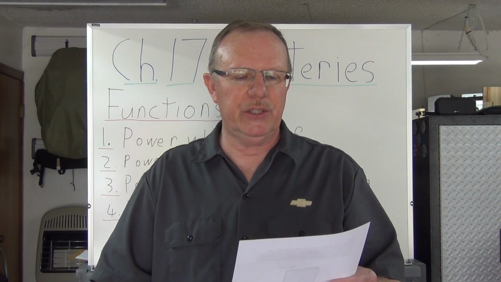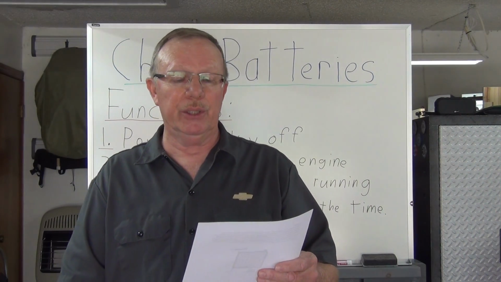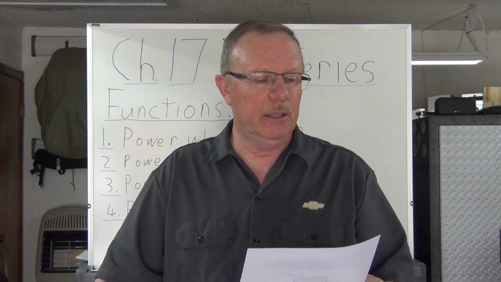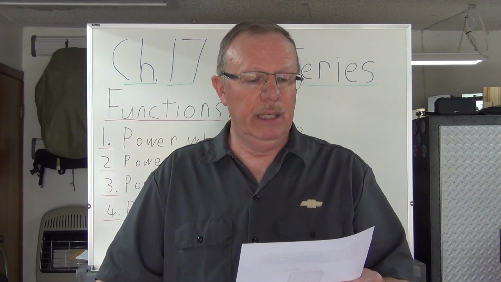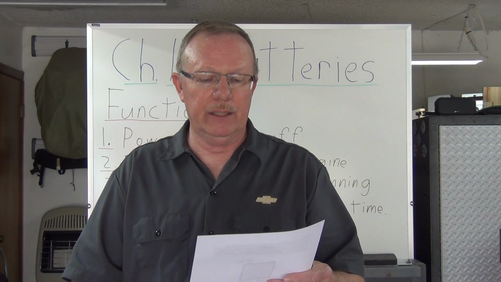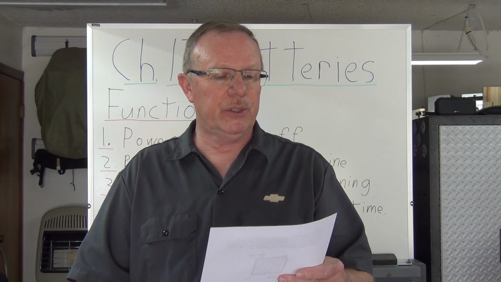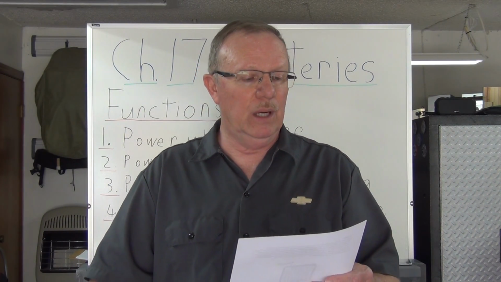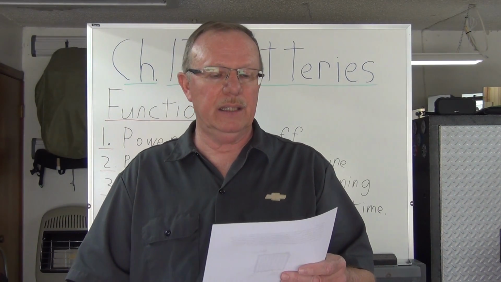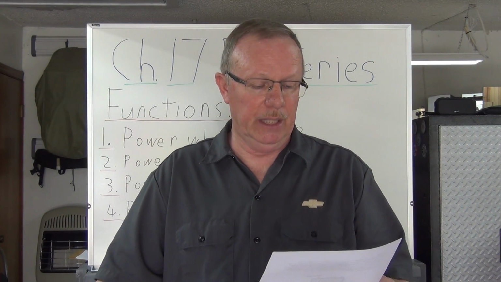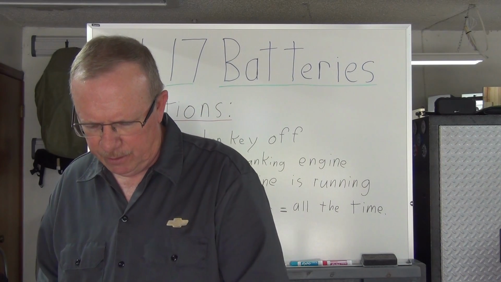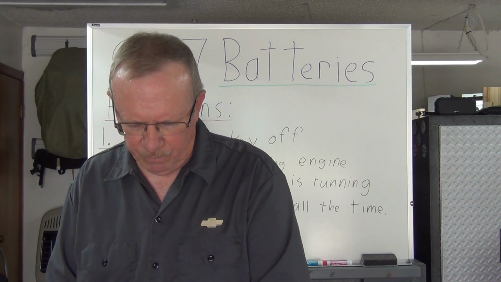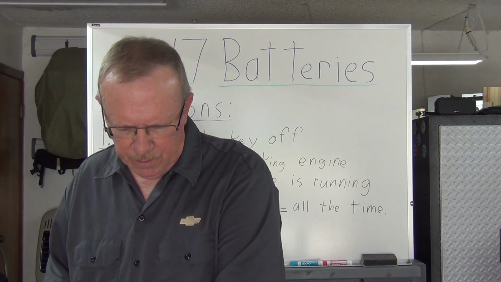The grid provides the necessary framework for the active material to be pasted onto the plates, making either positive or negative plates. The active plate material on the charged plates, again, is that reddish-brown lead dioxide, while the active material on the negative plates is the grayish sponge lead. Okay, there's a good picture of that. All right. A little bit about Bell